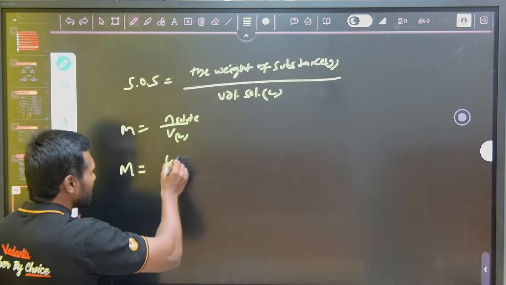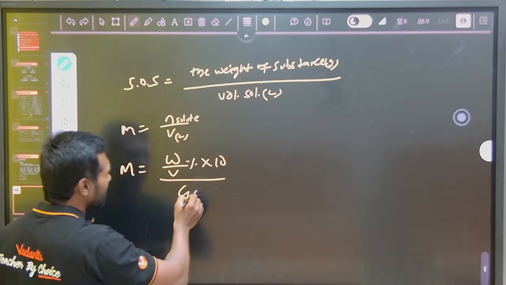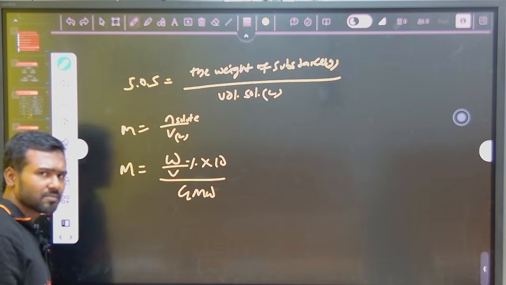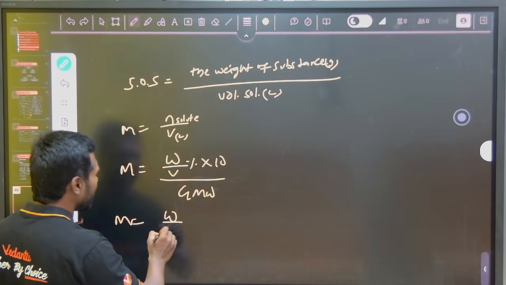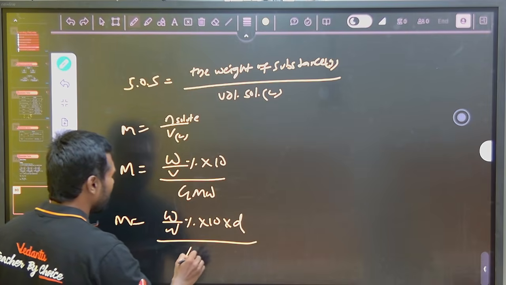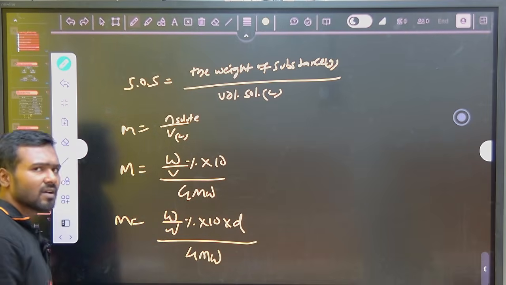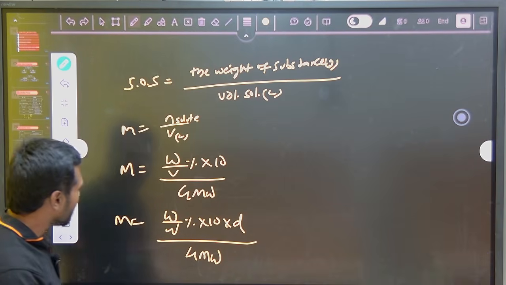Molarity is equal to weight by volume percentage into 10 by gram molecular weight of solute. Next, molarity is equal to weight by weight percentage into 10 into density by gram molecular weight. And this is one plus one upper, meaning even normality has the same formulas, but instead of gram molecular weight we will take gram equivalent weight. So if you take here